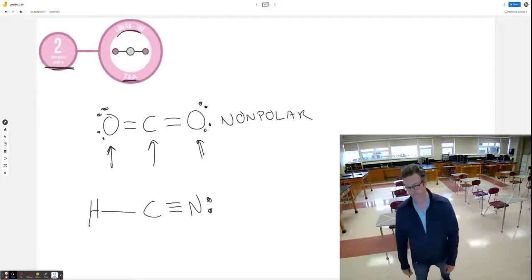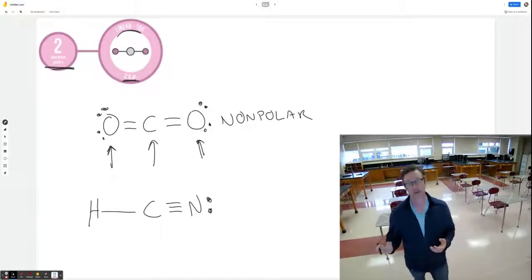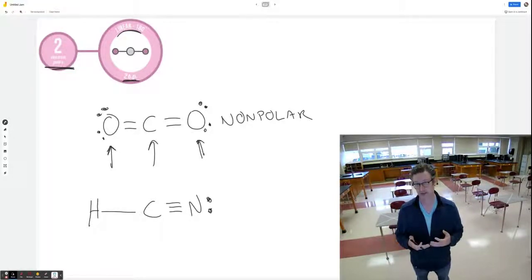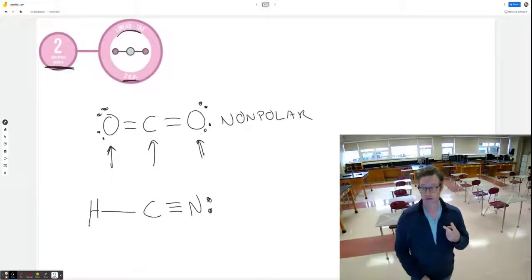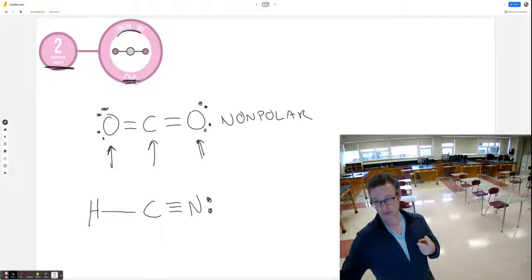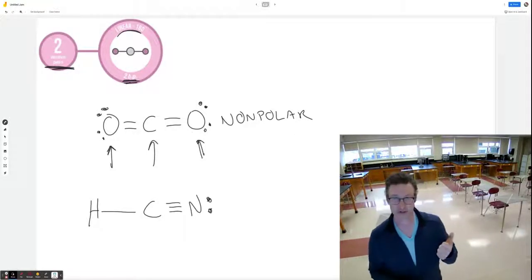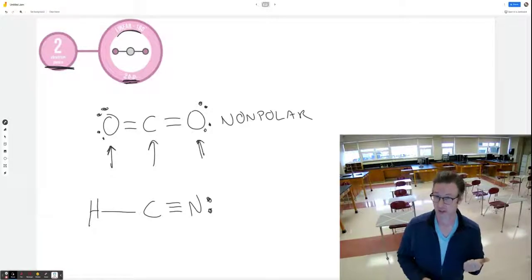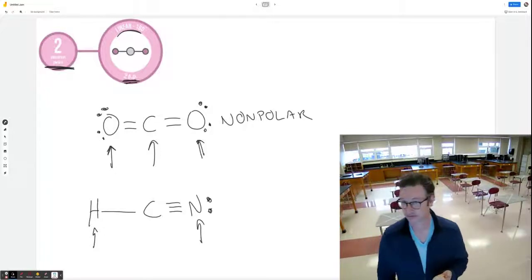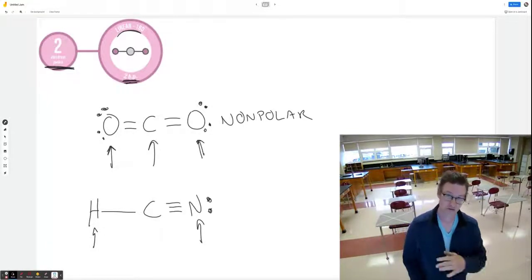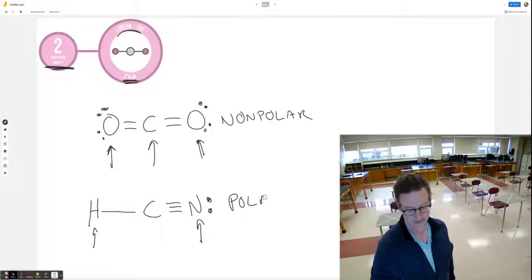Okay, here's cyanide. One carbon bonded to a nitrogen and a hydrogen. So how many atoms are connected to the center atom? Two. Two electron domains. No lone pairs. The shape is linear, 180 degrees. So the first question, are the terminal atoms all the same? There are only two terminal atoms, and they are different. Therefore, if you can't answer yes to that first question, that all the atoms around the outside are the same,